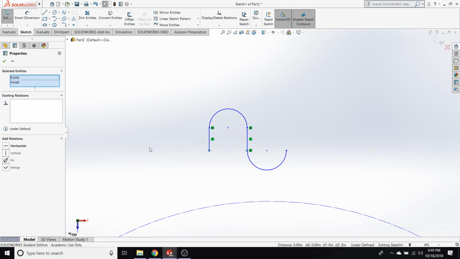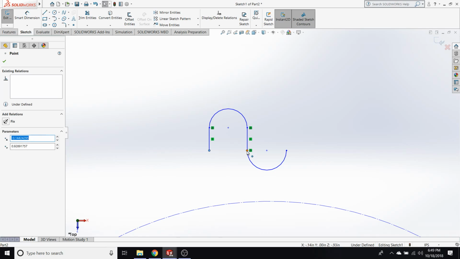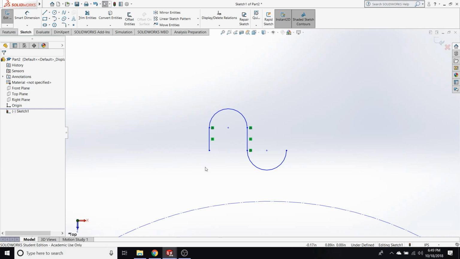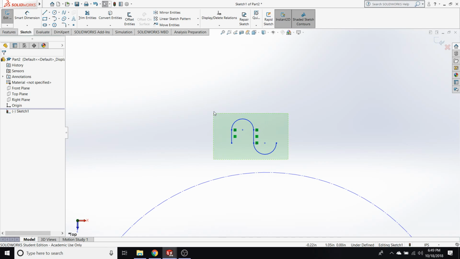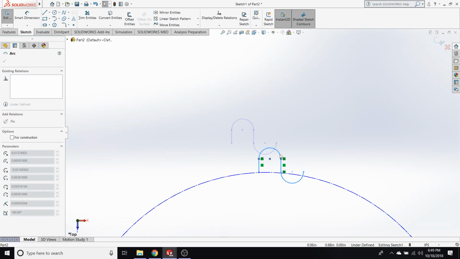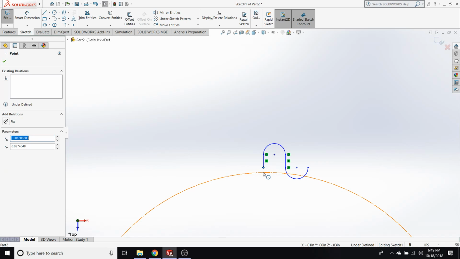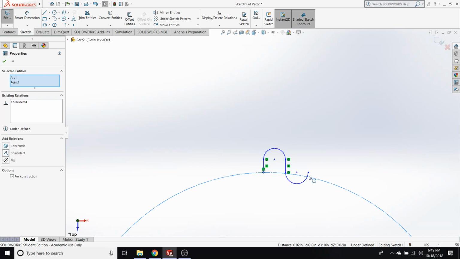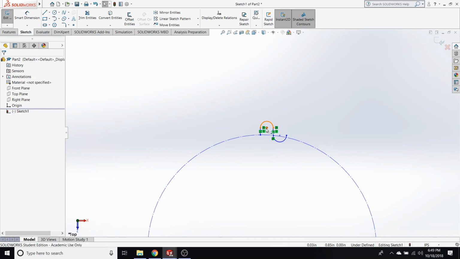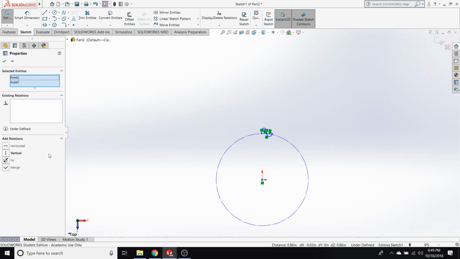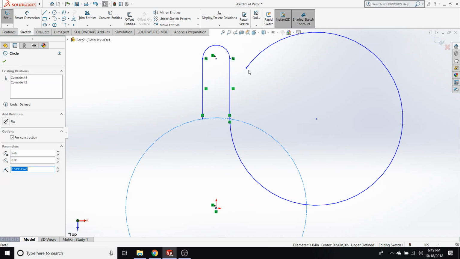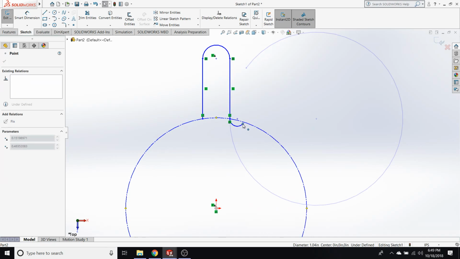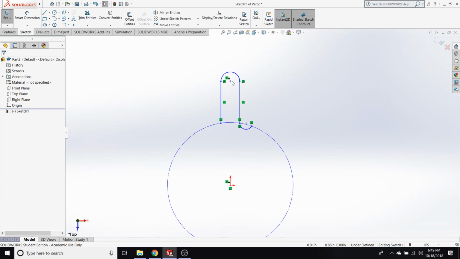And I know that at least these two are going to be... I'm going to say that these two points are just going to go ahead and touch that center circle. Yeah. And I know this will too. Alright. So